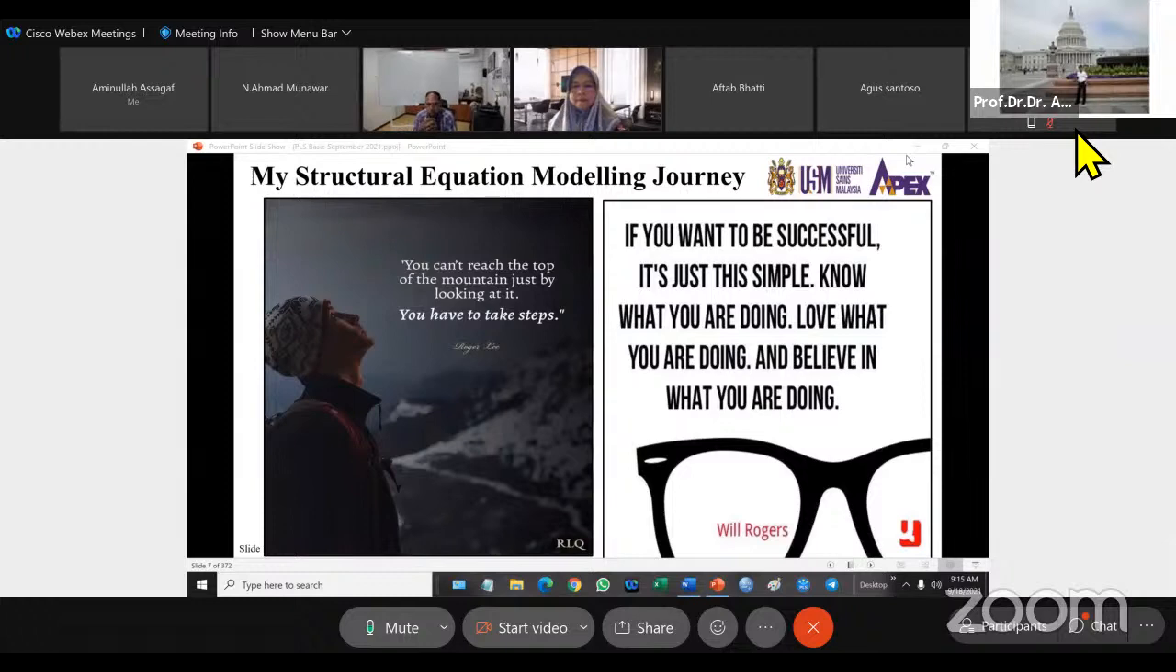Okay, my structural equation modeling journey started in 2008. Before 2008, I only used SPSS. And what happened was in 2007, 2008, many of the papers that I submitted to good journals were returned by the editors saying, can you reanalyze using structural equation modeling. So that is one of the reasons why I thought I should start picking up this technique called structural